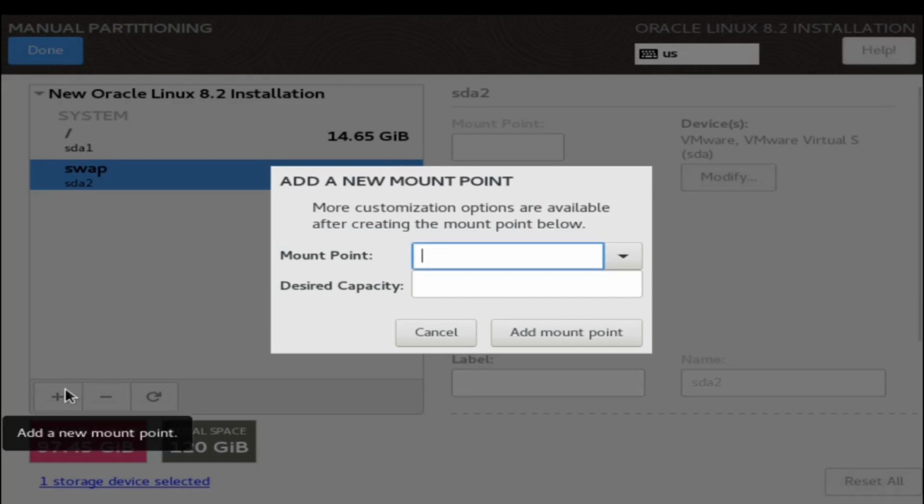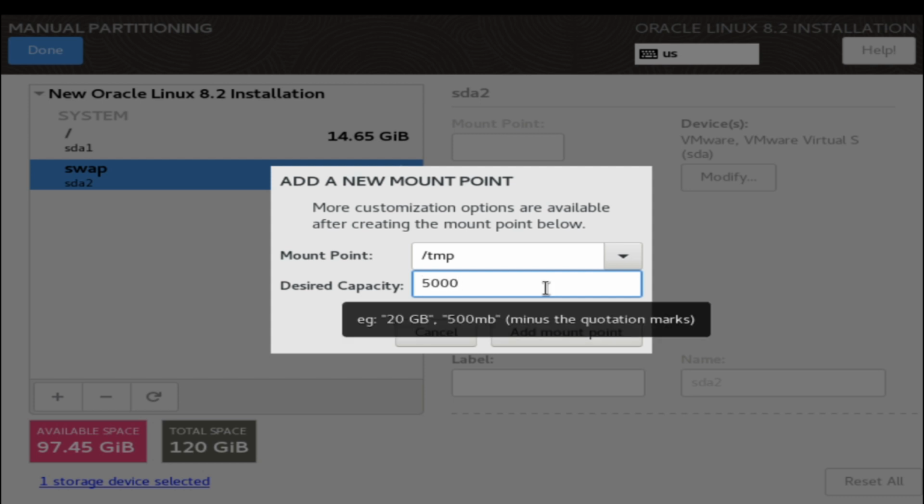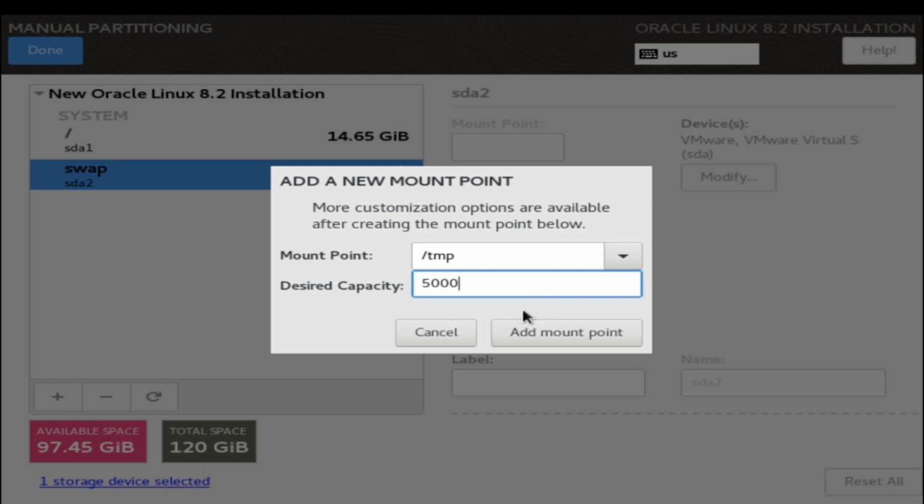Click on the plus button. Create one more mount point as slash tmp, a slash temp partition of approximately 5 GB. To hold your temp files, create a temp partition. Click on add mount point.